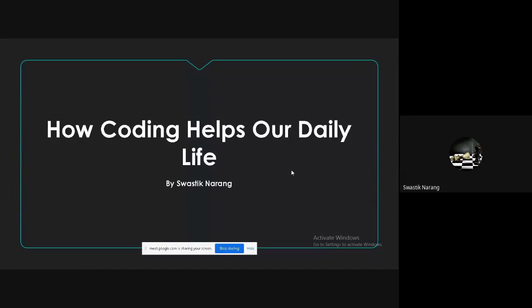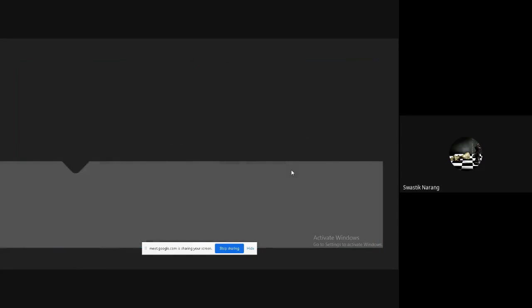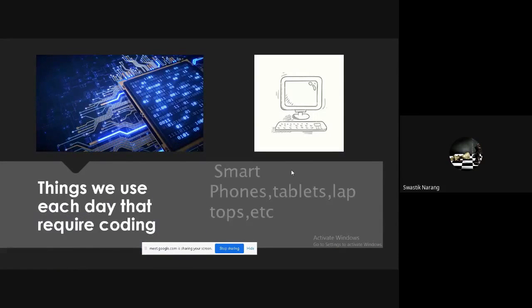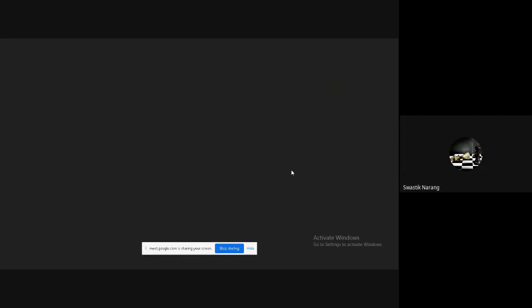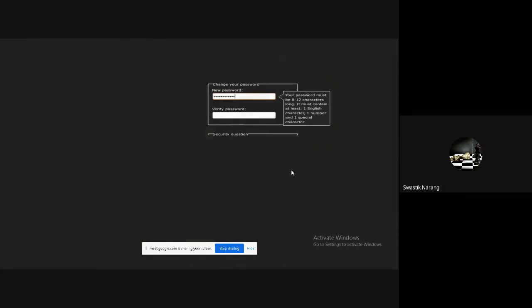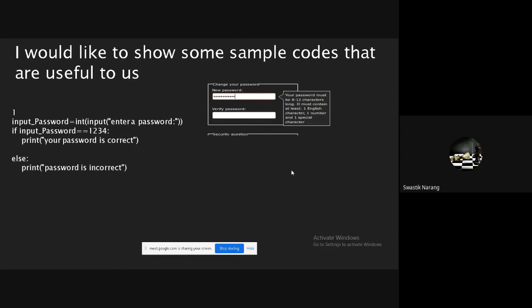Hello everyone, I am Swastik Narang and I am here to explain how code helps our daily life. Every day we use electronic devices like smartphones, tablets, laptops, and even air conditioners and cars require code. I have also prepared some sample code. For my first code, I have made a password checker.